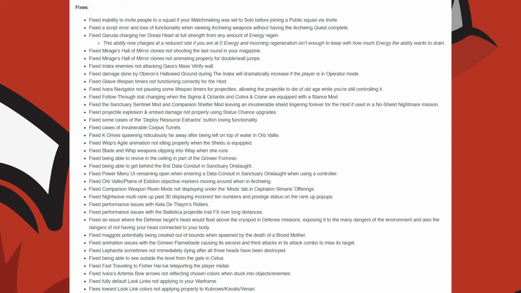Garuda charging her Dread Heart at full strength from any amount of energy regen, Mirage's Hall of Mirrors clones not shooting the last round in your magazine, and the clones not animating properly for double and wall jumps. They fixed Index enemies not attacking Gara's Mass Vitrify wall. They fixed the damage done by Oberon's Hallowed Ground during the Index increasing dramatically if the player was in operator